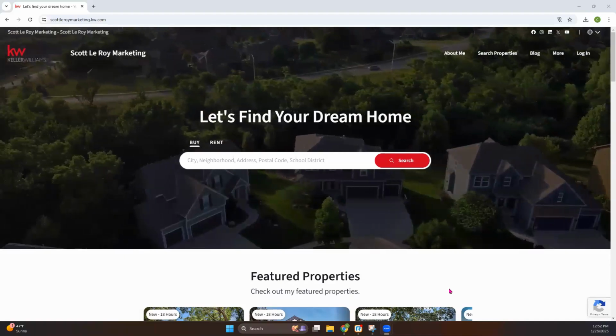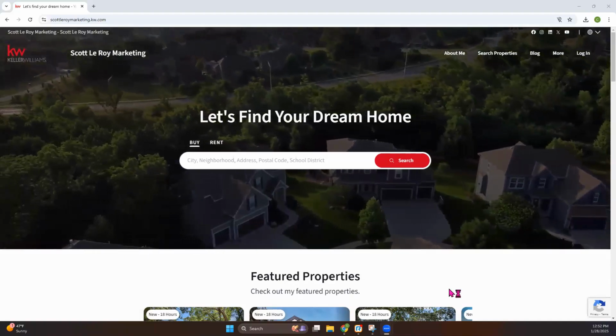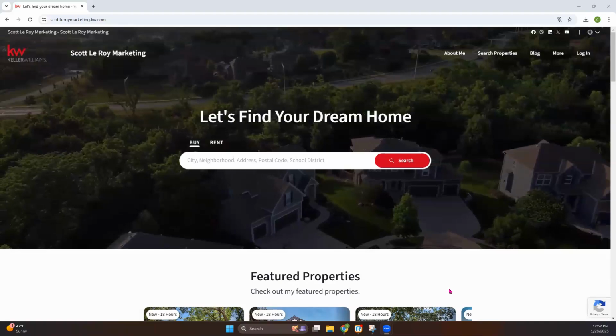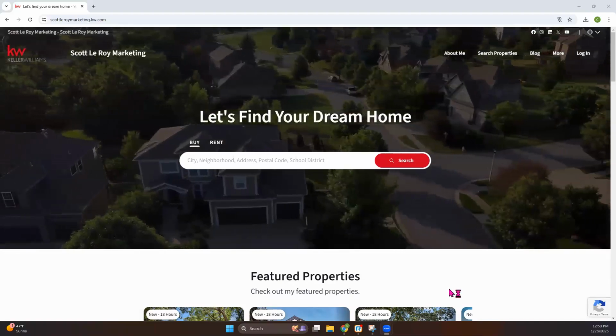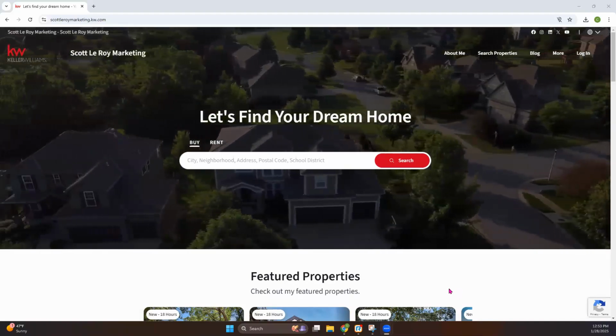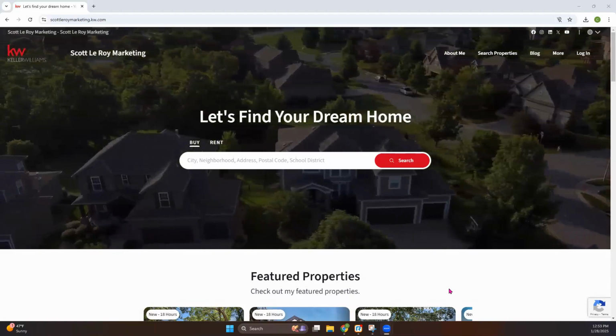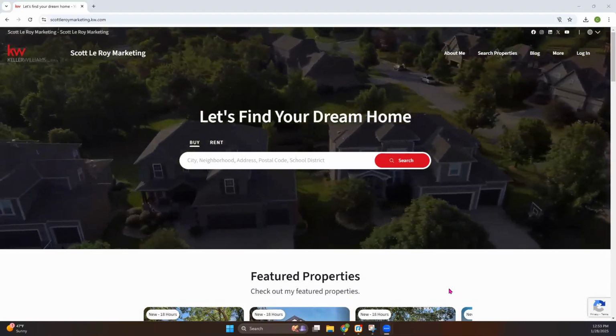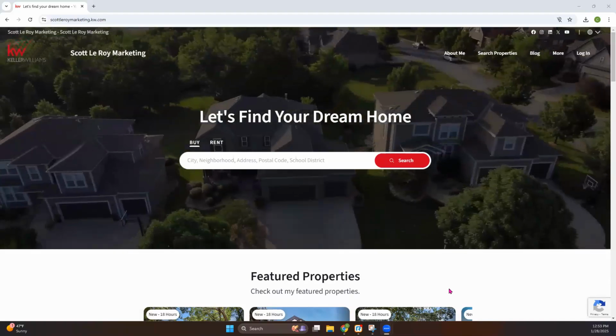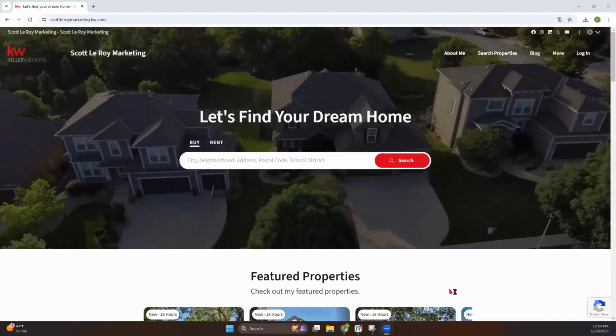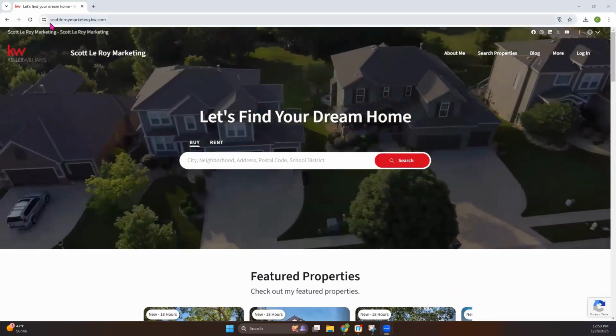Today, I want to cover with you how to create an open house sign-in sheet on your KW website. So the first thing you want to do is go to your actual physical KW website. This is one of the few things that's done outside of the website dashboard. So as you can see, we are on